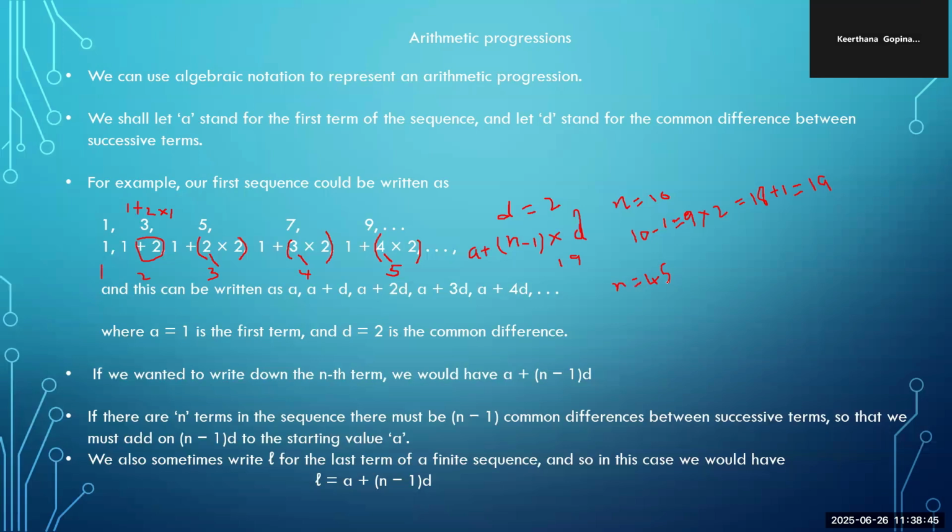For an arithmetic progression, what is the nth term? The formula is a plus n minus 1 into d. Simple. Please memorize this. Very important concept. Very important formula. Now,